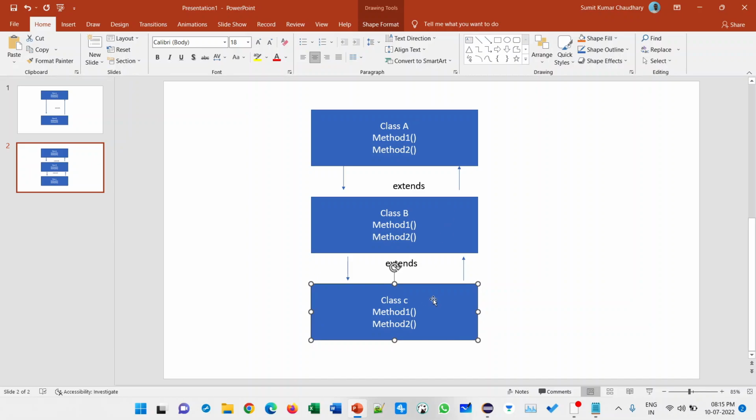So C can access the B properties and A properties. Okay, we will learn it practically.